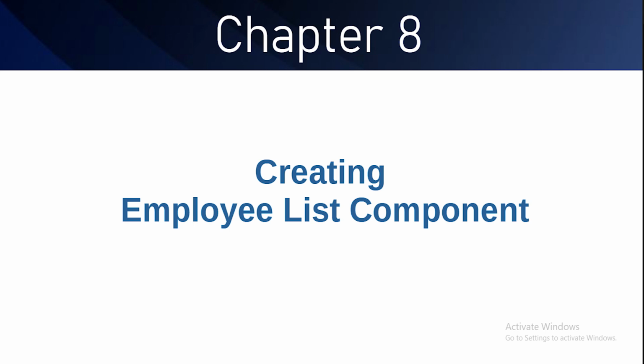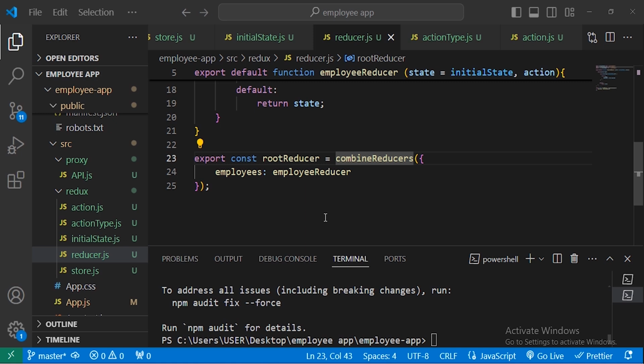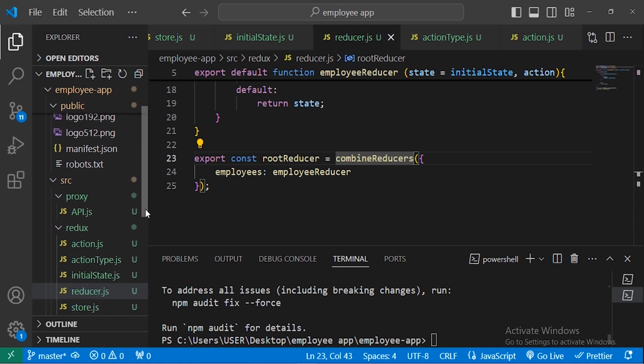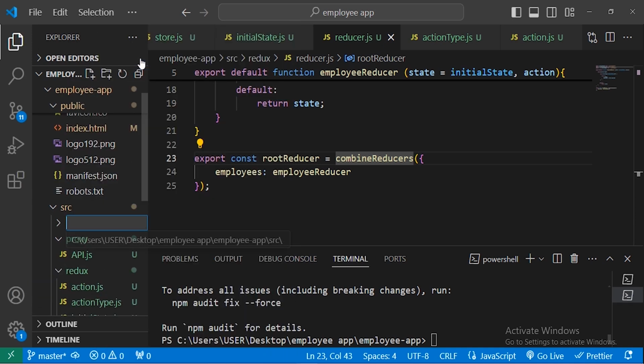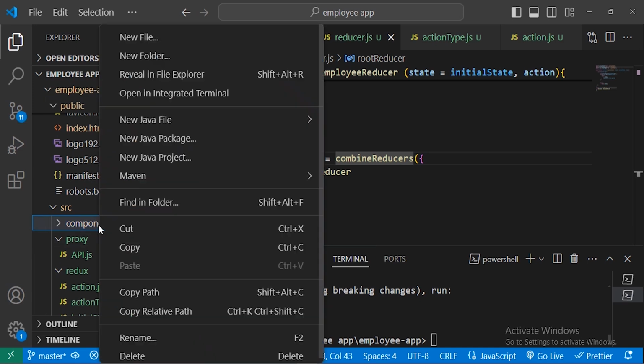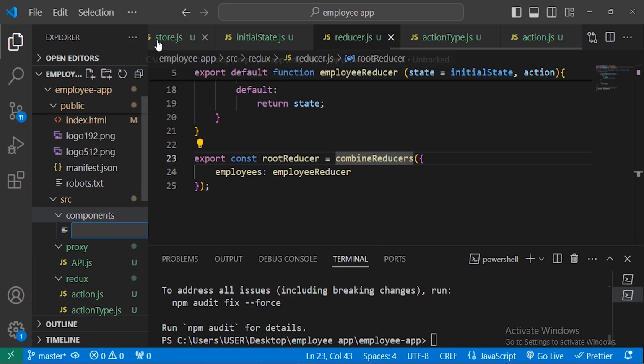Hi guys, in this section we will define a component that will list the available employees that we have. So let's go to the source and create a new folder. Call this folder components. This is where all our components will be. Inside the components folder we will create a new file and call it employee